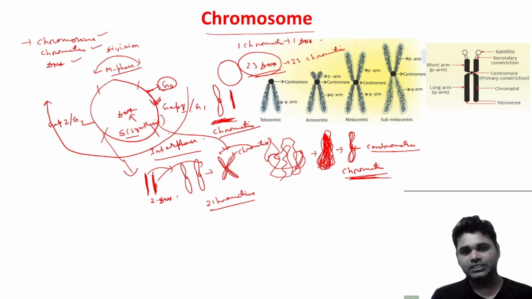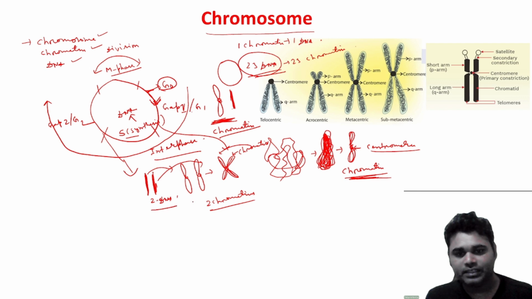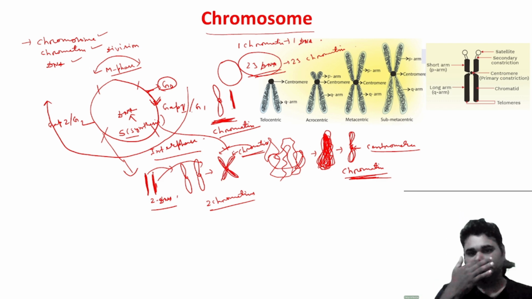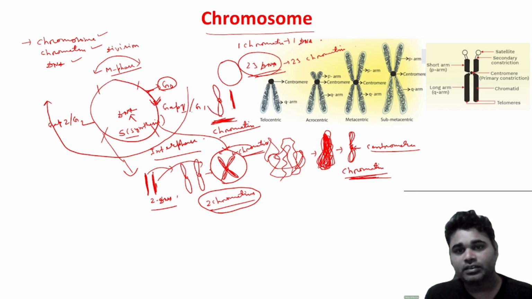In the S phase, because the DNA is synthesized, that means DNA replication occurs. From one DNA, two DNA are formed, and from the two DNA, obviously two chromatins are formed, and the two chromatins are again joined together. So now each one is called a chromatid. This is one chromatid, this is the other chromatid, and they are called the sister chromatids. So the chromatin in the S phase looks like this, but the chromatin in the G1